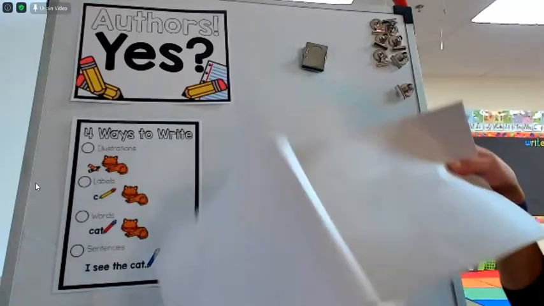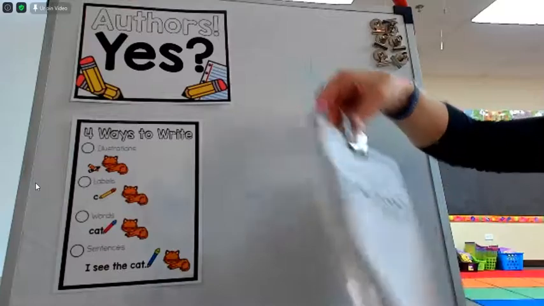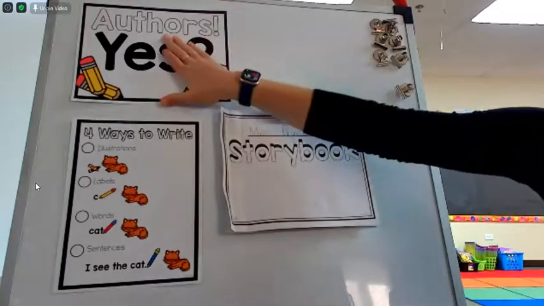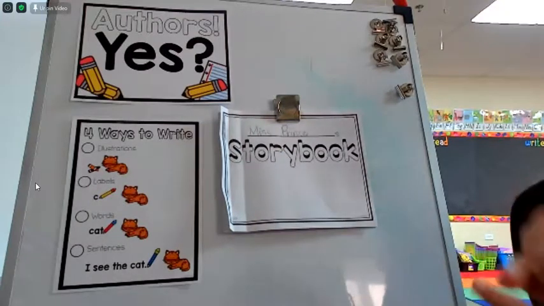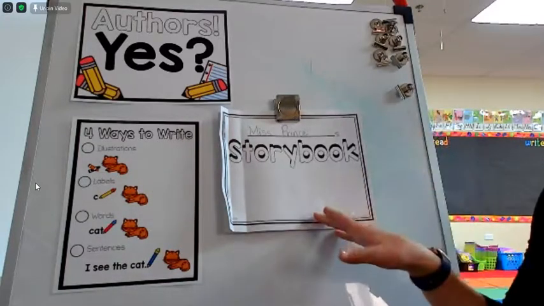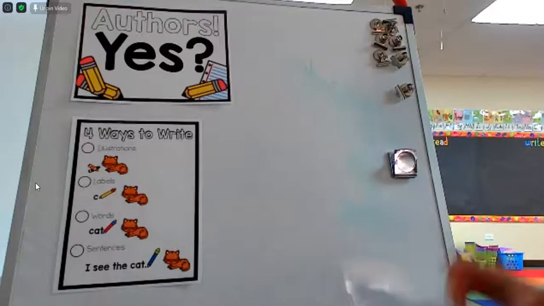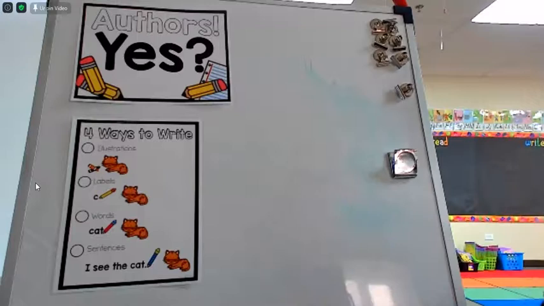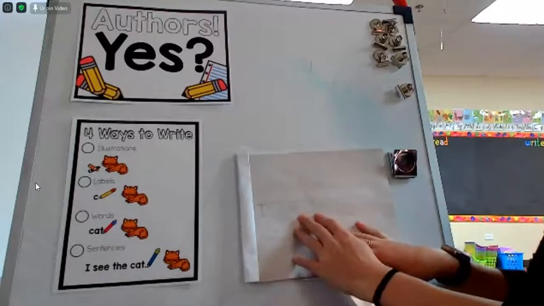So sometimes when we are writing, I'm not going to be calling you guys first graders anymore. I'm going to be calling you guys authors. So if you ever hear me say that while we're writing, it's because I'm talking about how you guys are able to show what an author can do to tell a story more detailed. So today when you are going through and writing, I want you guys to think about that. How you can be an author and a writer by adding more details. More details just like illustrations. So that's something I need to work on. Labels,